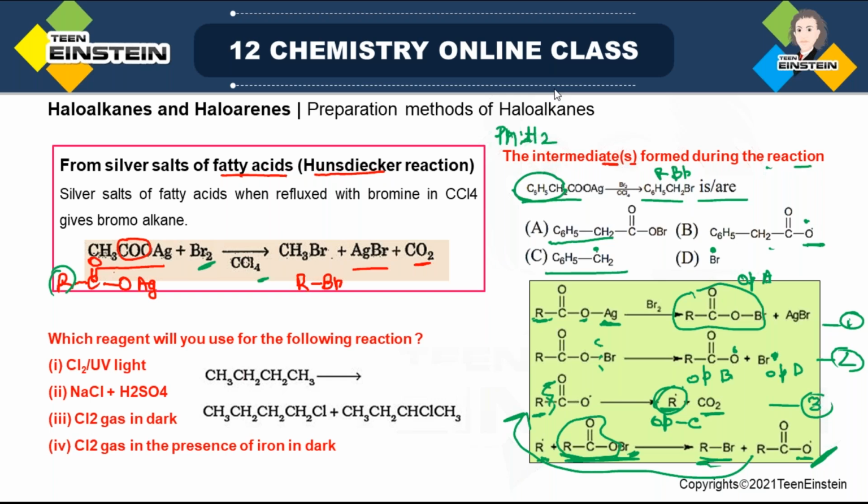Another question, which is not regarding this Hunsdiecker reaction, but is related to the preparation of haloalkane. Which reagent will you use for the following reaction? Look at this reaction. Here we have the starting material CH3CH2CH2CH3. That means it is n-butane, a linear chain butane with 4 carbons,